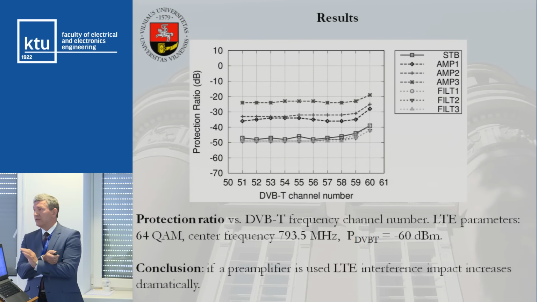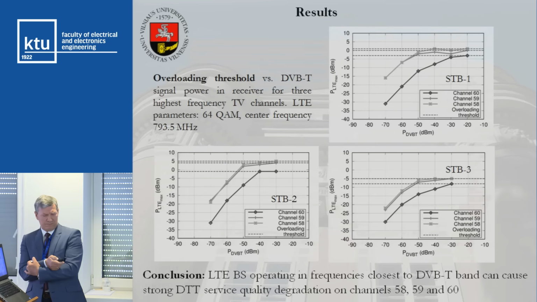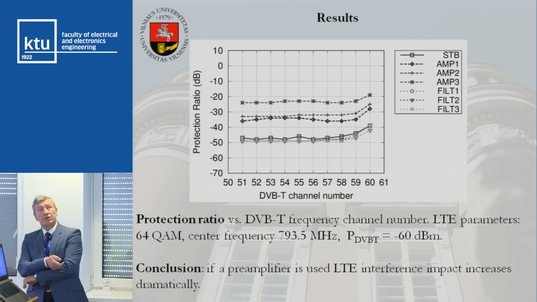Here we see 7 curves, and the lower protection ratio means lower requirements from the interfering signal and better reception conditions. The 3 curves on the top correspond to 3 preamplifiers used, connected to the input ports of the DVB-T receivers,